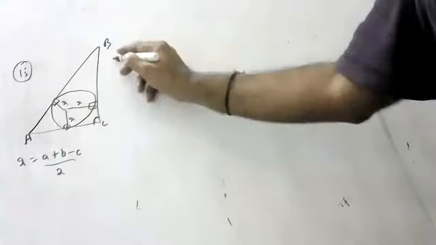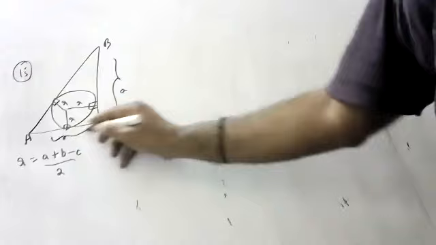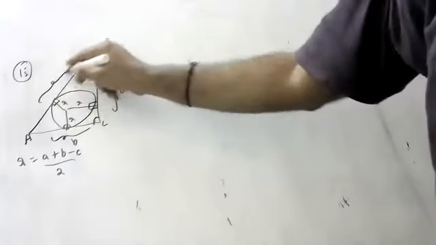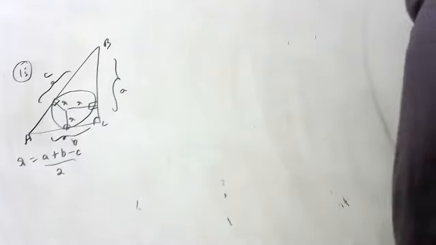Fantastic question, children. What is A, sir? Opposite to A is always A. What is B, sir? Opposite to B is AC, always B. What is opposite to C? AB. How to do this sum? This is the question. So we will divide it into 6 triangles. Why 6? No, 3 only. Anyway, no need of triangles here.